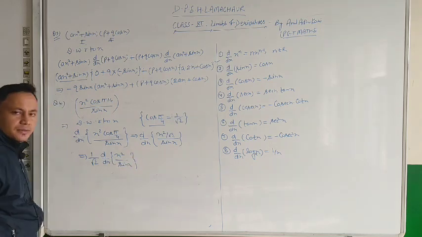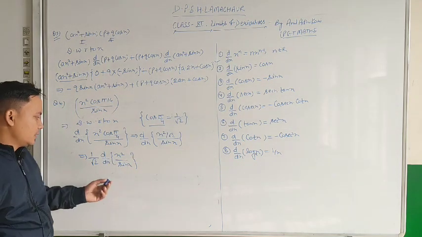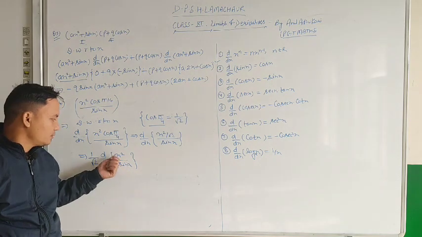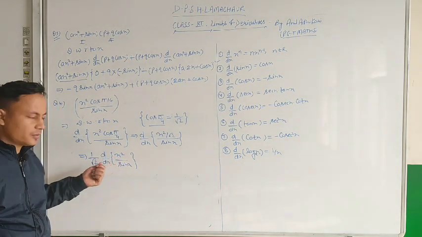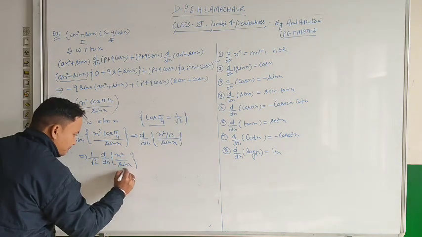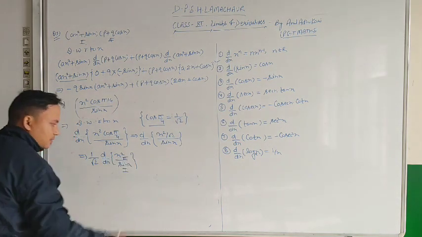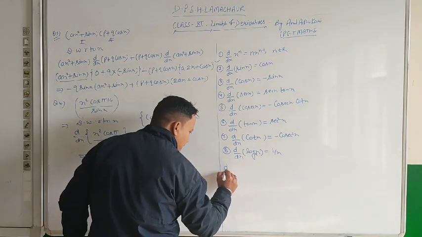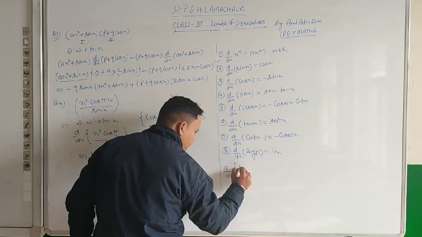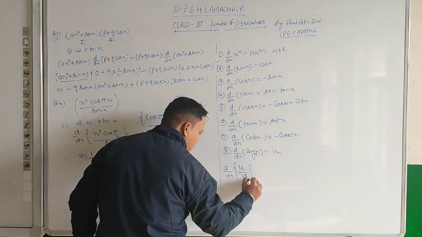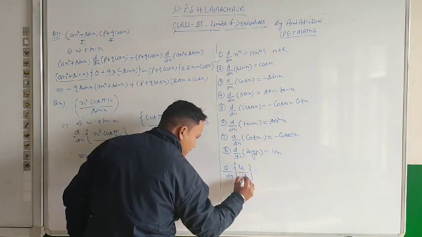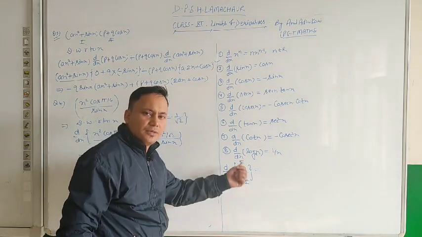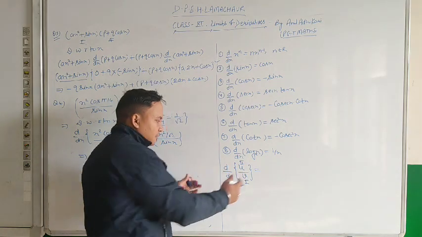Now we are going to apply here the quotient rule, and in quotient rule always remember that the denominator denotes the first function and numerator denotes the second function, okay. So let it be the first and let it be the second function, okay. Now we know the formula d by dx of u upon v, right. Always the denominator denotes the first function and numerator denotes the second function. And what is the quotient rule?